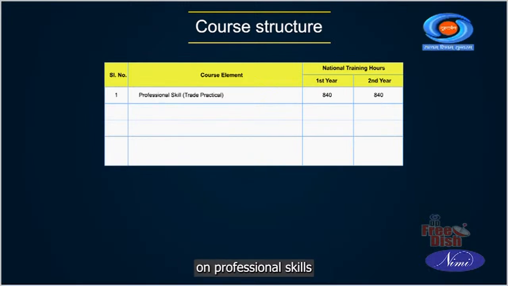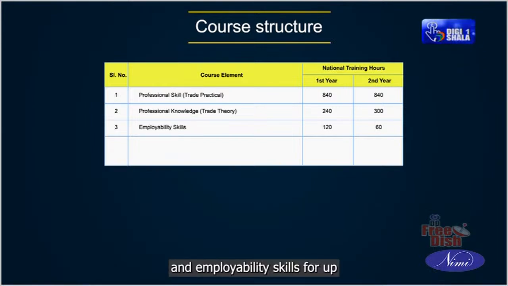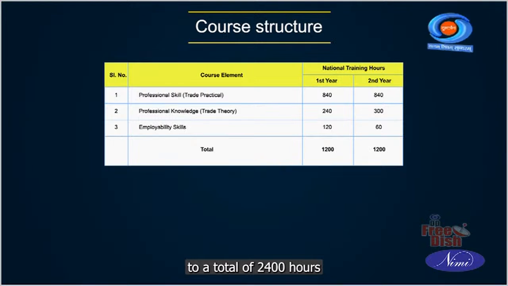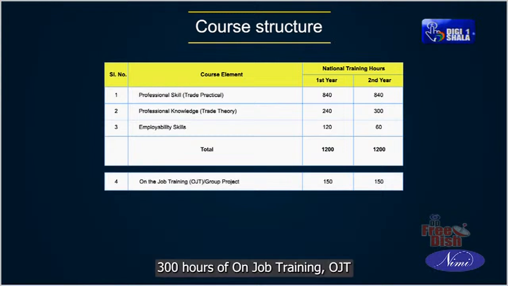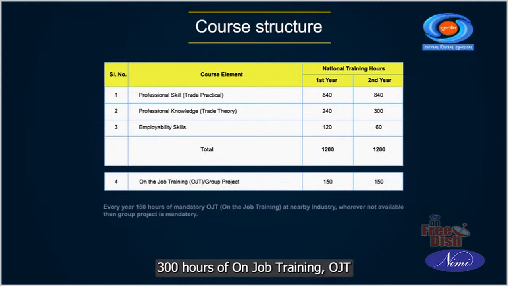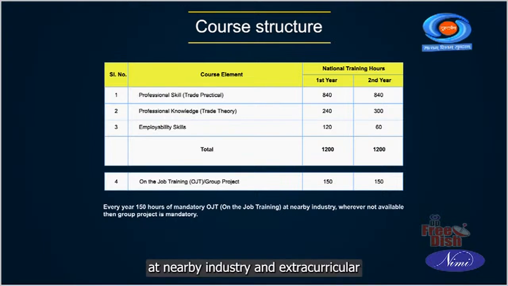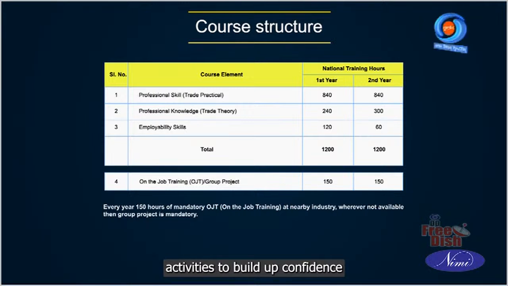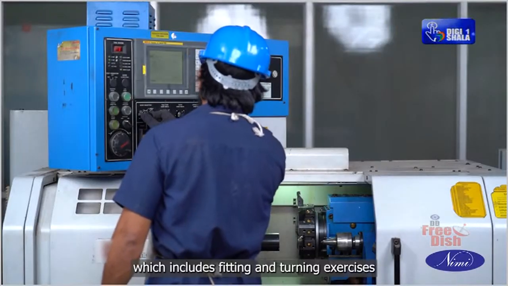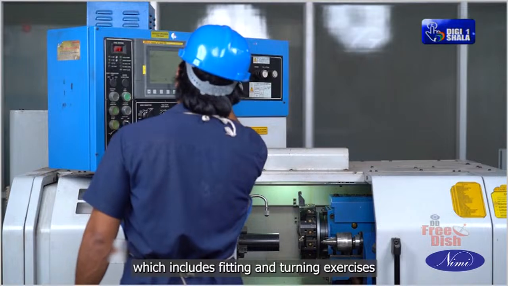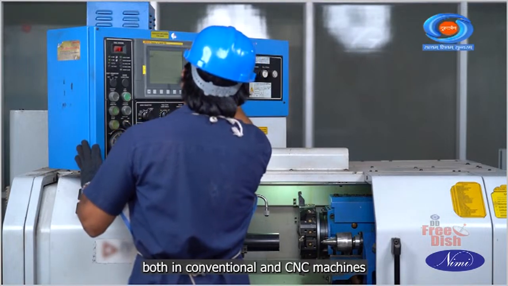During the 2 years of ITI Turner program, candidates will be trained on professional skills, professional knowledge, and employability skills for up to total of 2,400 hours. In addition to this, a candidate is entrusted to carry project work or 300 hours of on-job training (OJT) at nearby industry and extracurricular activities to build up confidence. The practical skills are imparted right from the beginning, which includes fitting and turning exercises both in conventional and CNC